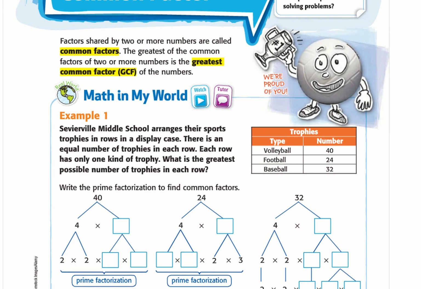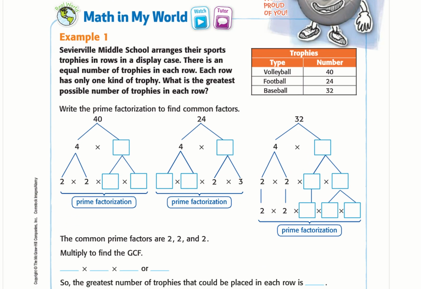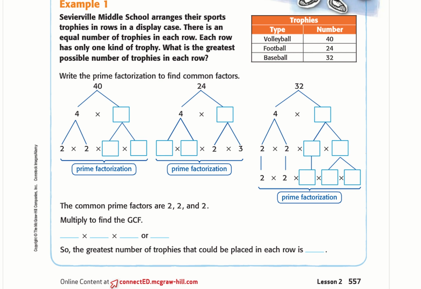So the greatest common factor is the greatest of the common factors of two or more numbers. So if we look here, it says